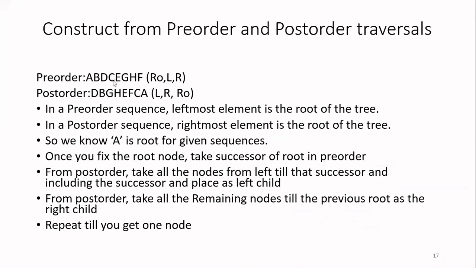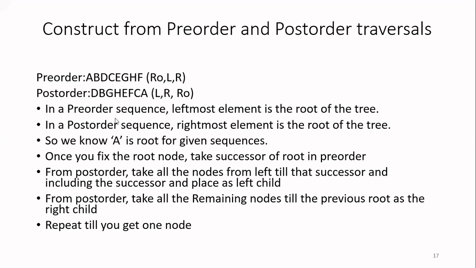In this method, we have a drawback that we will see at the end of the slide. So first we are going to construct the tree from the pre-order and then post-order traversal. For that, let us discuss how the nodes will be appearing. If you see the pre-order traversal, root will be appearing in the leftmost direction, and in the post-order traversal, root will be appearing to the rightmost direction. So from this, you can identify the root node easily.